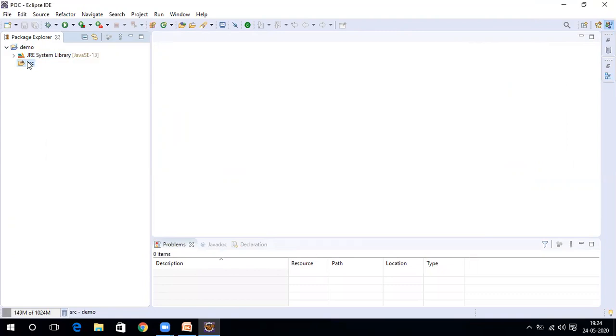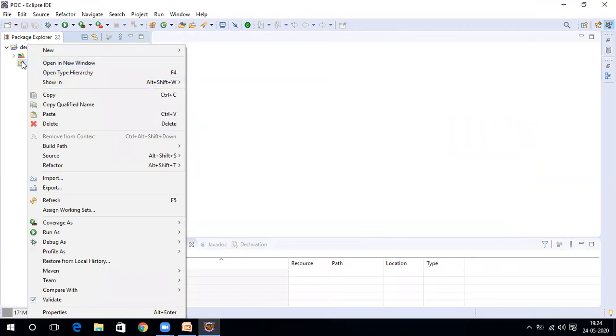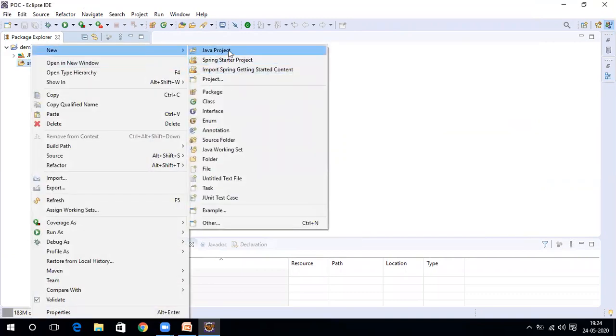Now we will create a simple package. Before creating any Java classes or any application, you need to make sure that you create a new project. For example, whenever I click on this package, you are going to see all the options related to the Java project. Do you want to create a package? Do you want to create a class? Do you want to create an interface?